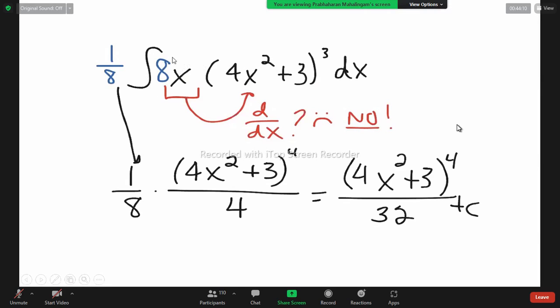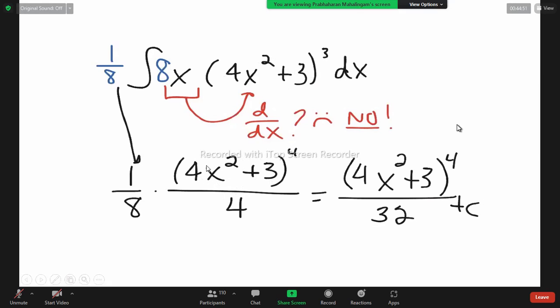Suppose you want 8x here, x is there, that is compulsory. Without x, don't put 8x. 8 dx also there, you can't do it. 8x into dx is needed. Very carefully listen, please. X is compulsory, it must be there in the question. Suppose 8 is not there, you multiply 8 inside and outside you divide by 1 over 8. Then this 8x into 4x square plus 3 dx should be integrated.